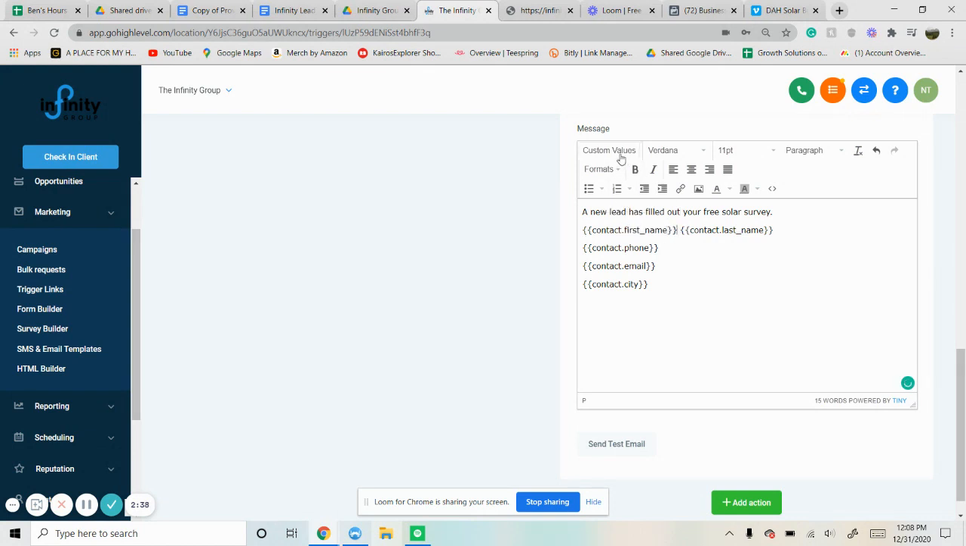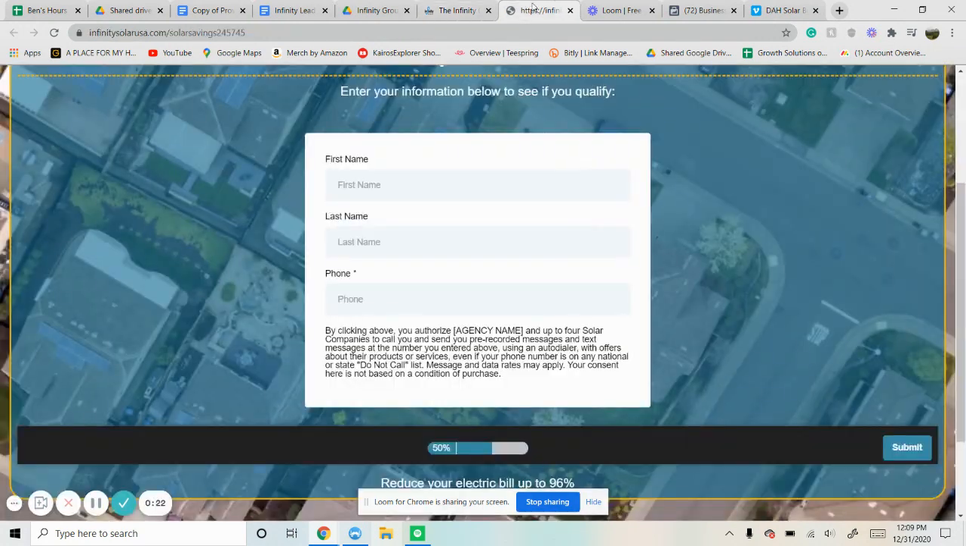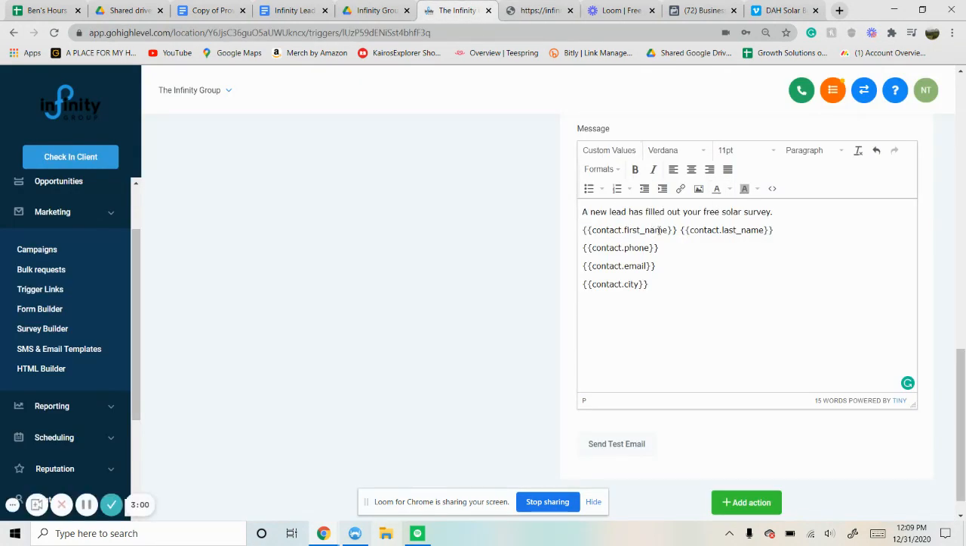Now these are custom values. You could actually go up to here, contact, make sure you use contact. User is going to be whoever owns this account of the CRM, so you don't want to do that. You want to see contact. So first name, last name, I put them together. Now it's going to notify the client when the person fills out this first name and last name. It's actually going to fill it out here, and so the client can get an email saying,